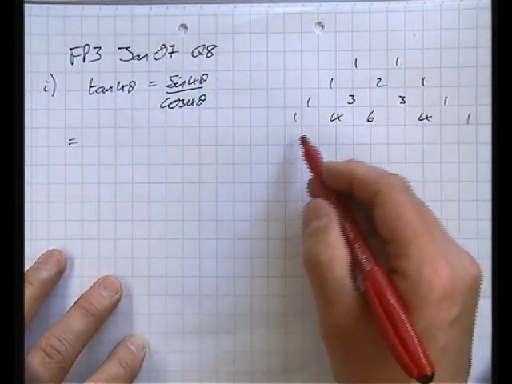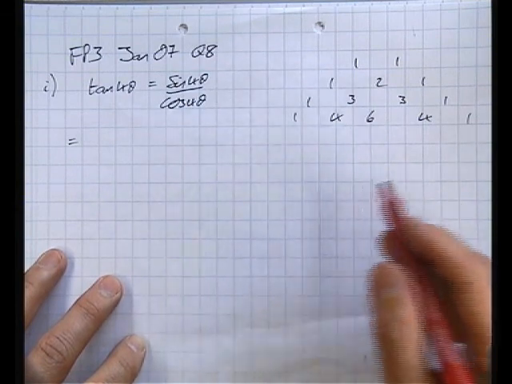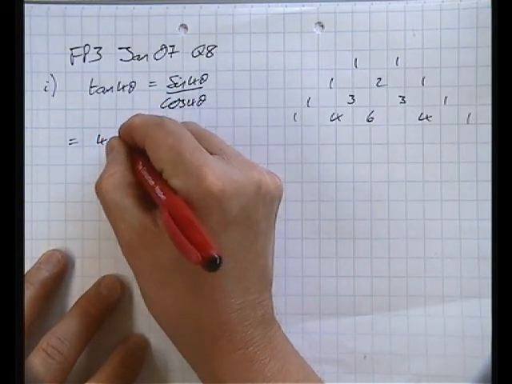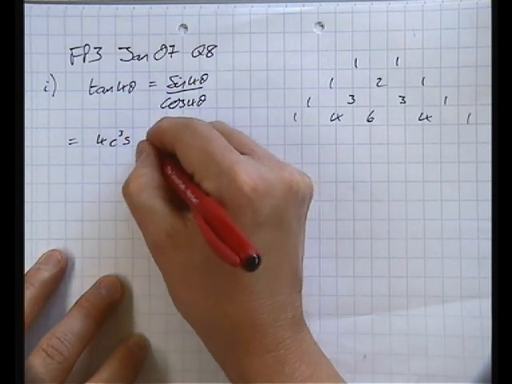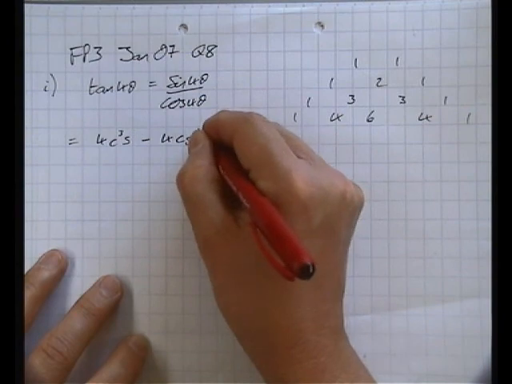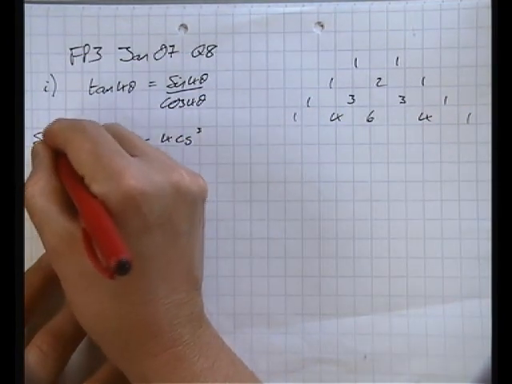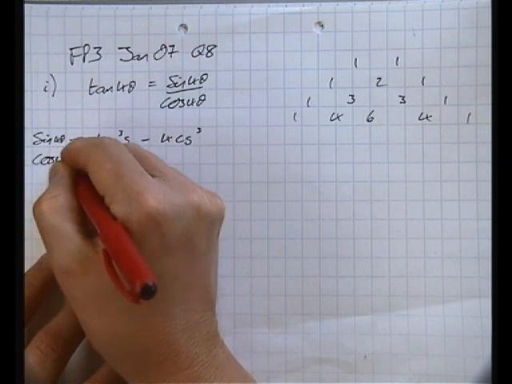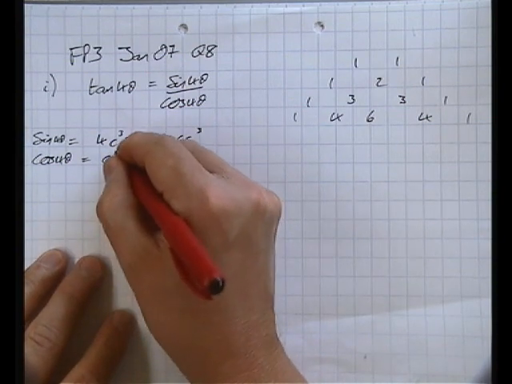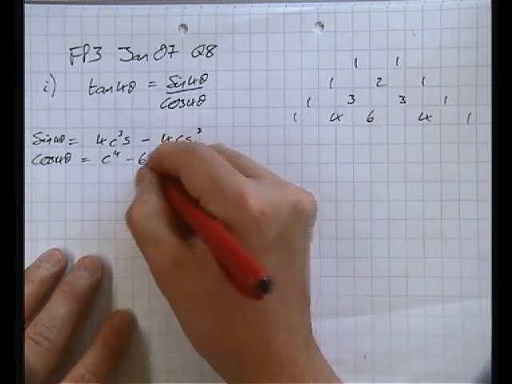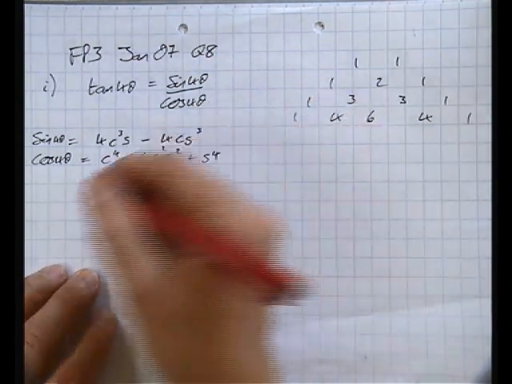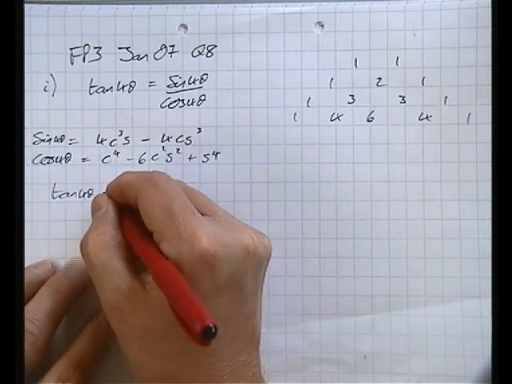Remember, sine is going to start with the second one along. It's going to start positive and then alternate negative and positive. So second one along the expansion is going to be 4c3s. Then it goes negative, and we're going to skip one and get the 4 there, 4cs cubed. And cos 4 theta is then going to be the first one along, so 1 times c4 minus 6c2s2 plus 1s4. So I can write tan 4 theta is equal to